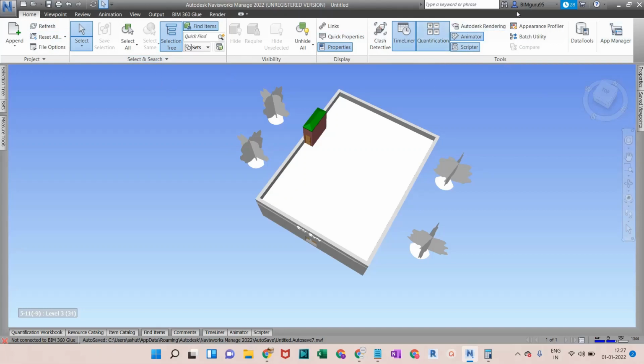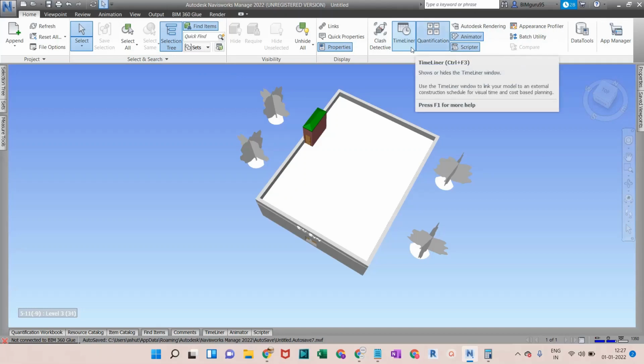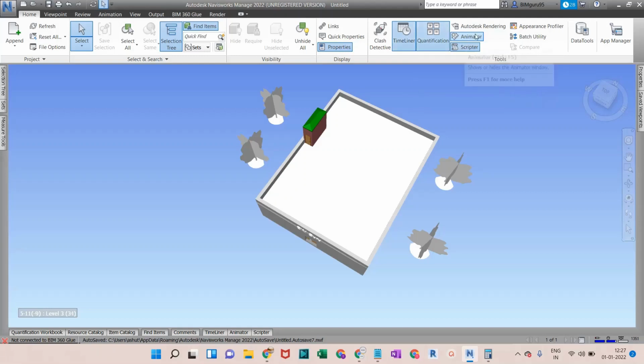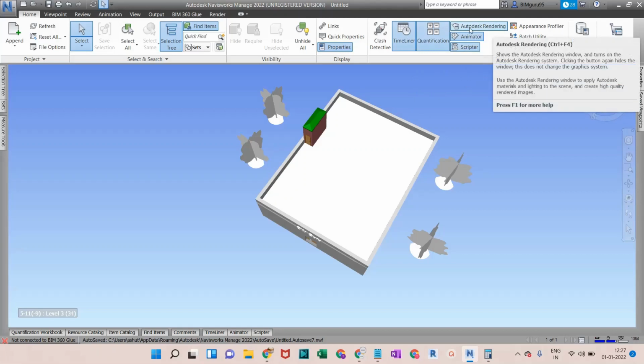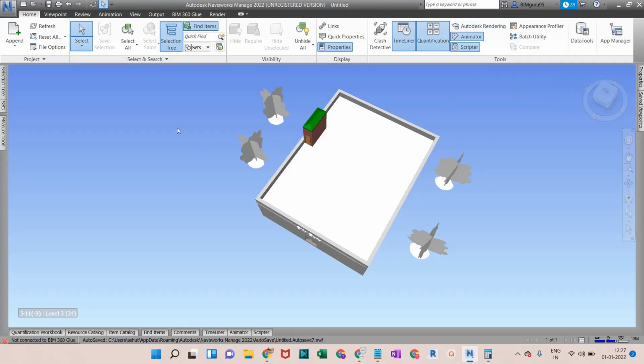Timeliner is the main feature of Navisworks, so we'll create a separate video on that one. Quantification as well, animator and rendering as well. These are separate, bigger and very important key features of Navisworks that we will cover one by one in a detailed way in further videos. As of now, we'll cover some small but very important features of Navisworks in this session.